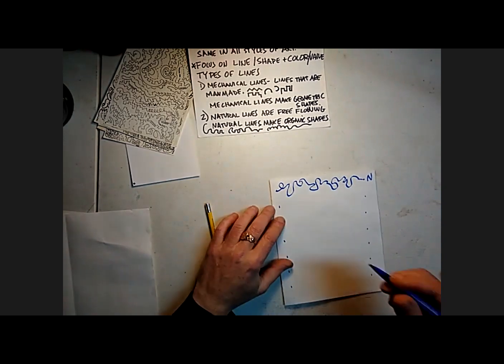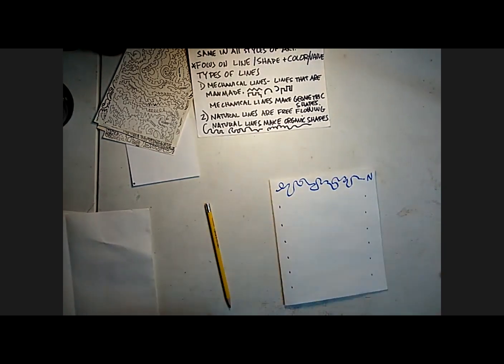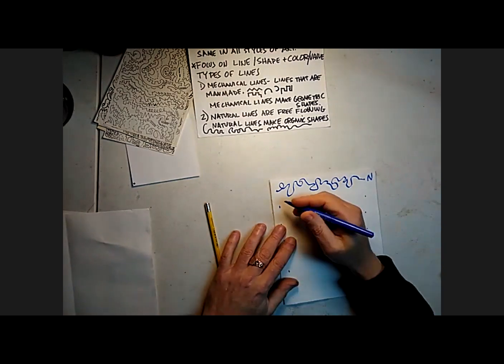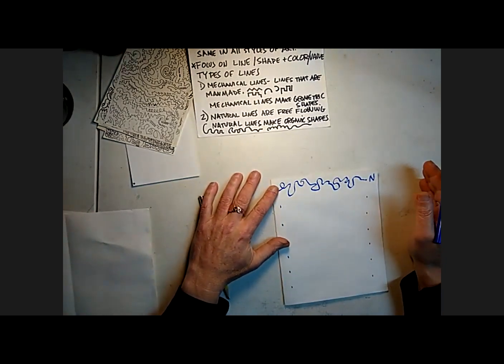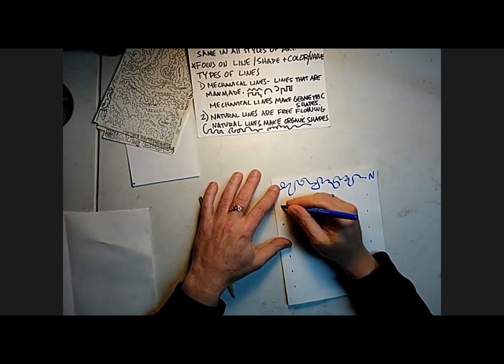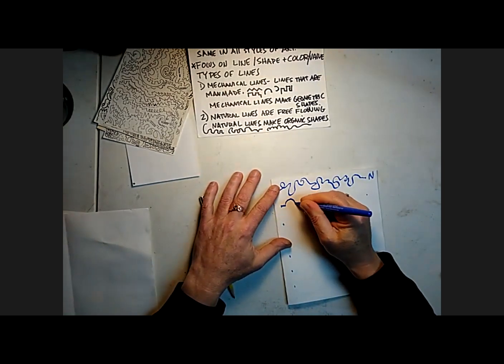Next I would say, let's look at mechanical lines. Of course, I show them pictures, even just looking around the classroom, which is all mechanical lines, geometric, straight lines. I often count a circle or a half circle as mechanical, because when you look at buildings, you can see that. Another thing I tell my students is,